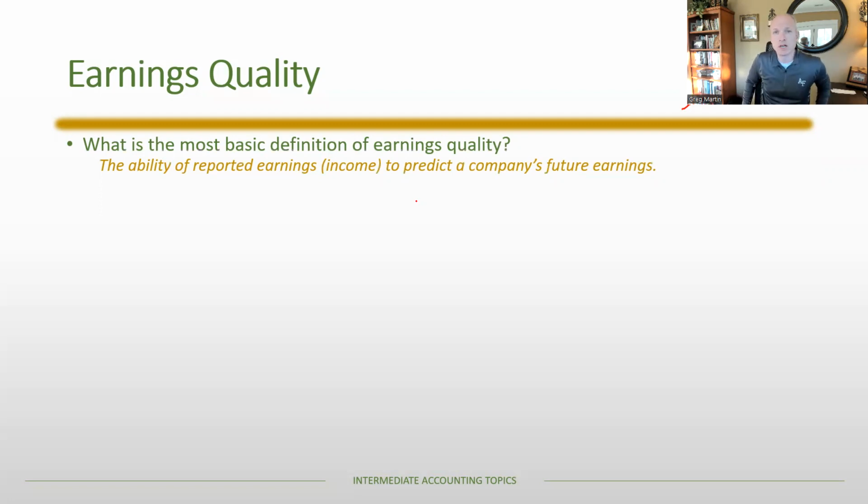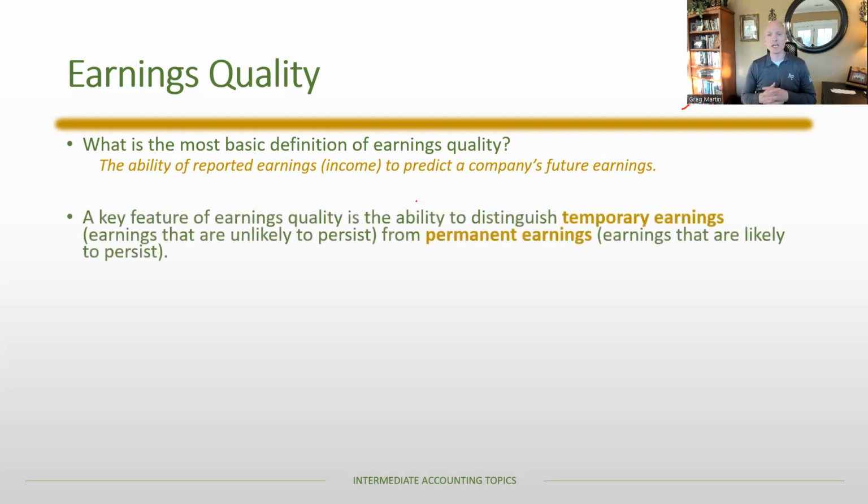If you remember, we talked about within the conceptual framework that the way we define useful in accounting is that it's predictive, or we can estimate the amount, timing, and uncertainty of future cash flows. And so when we think about more useful or higher quality earnings, it's going to be more able to provide that predictiveness. That is how we think about earnings quality. Higher quality earnings are more predictive than lower quality earnings.